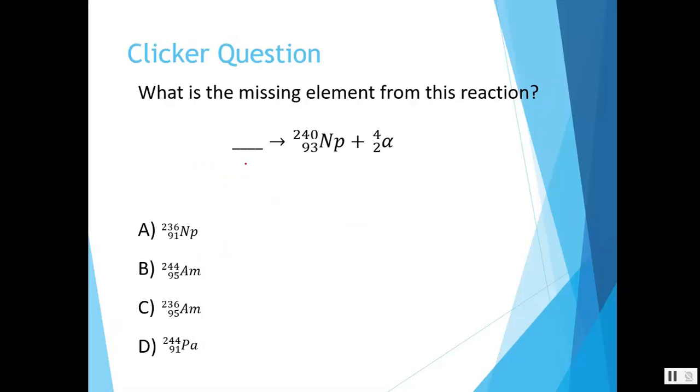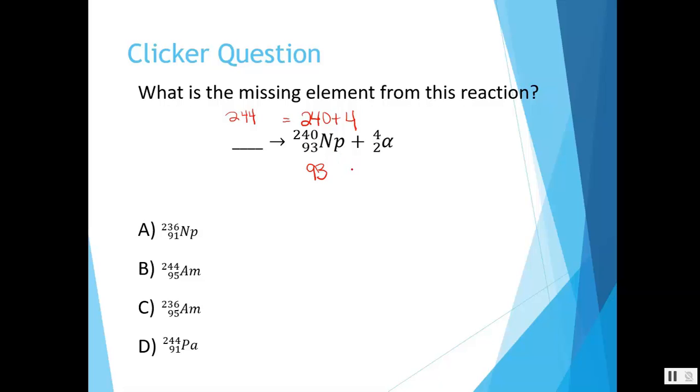So now go ahead and try determining what reactant would be present in this decay here that results in the formation of niobium-240. And again, we're going to have conservation of our particles. So over here on the product side, we have 240 protons and neutrons, plus an additional 4 protons and neutrons from our alpha particle, which means that our reactant needs to have a total of 244 protons and neutrons. Down here, we have 93